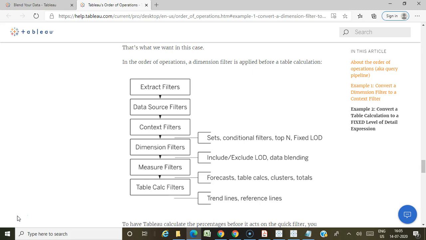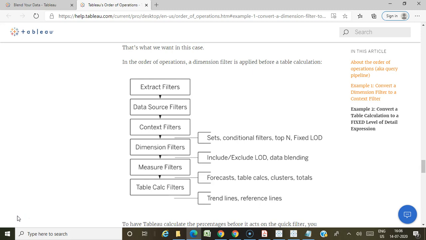In a dimension filter you can use a normal filter, a conditional filter, a wildcard filter, or a top or bottom filter. Then you have date filters. A date filter can be based on various levels, whether a year filter, that is the date part level, or a combination of year, month, like different date part levels.